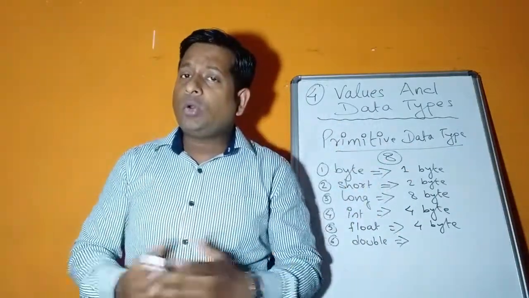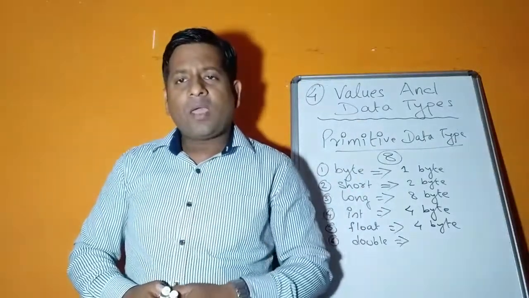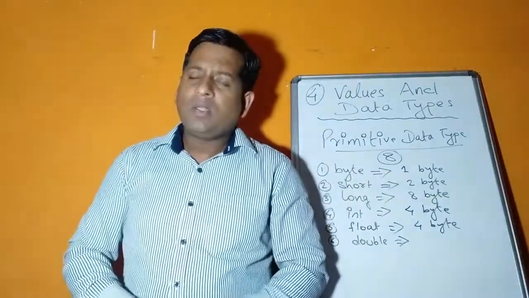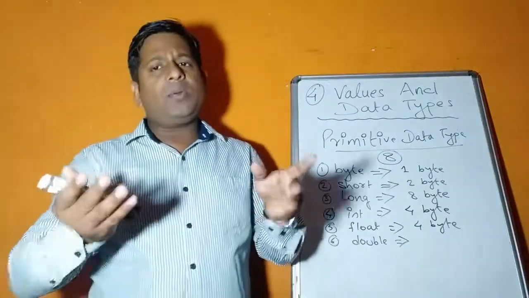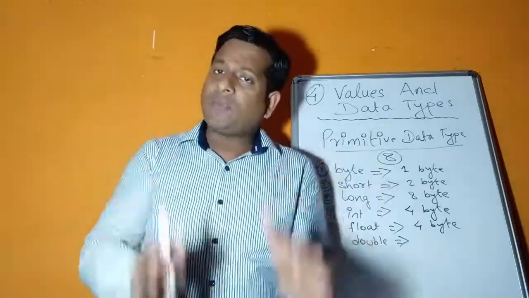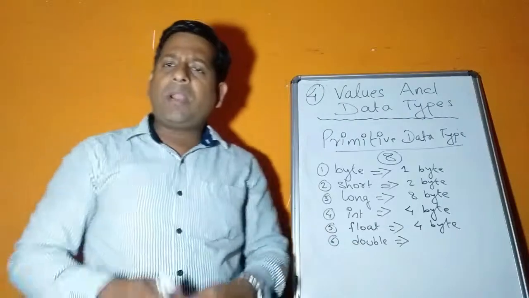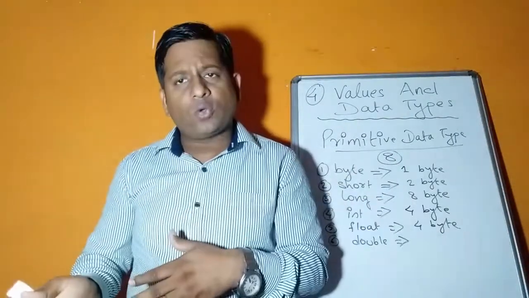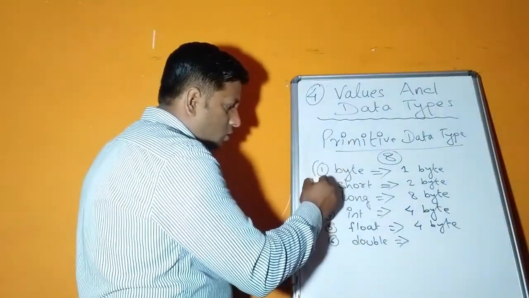So 4 divided by 2, how much? 4 divided by 2, the answer is 2, that is an integer. And suppose the value of a is 5 and the value of b is 2.5. It depends on the value given by the user. So whenever there is a division concept in programming, and the values are given by the user, use double data type, because double has the capacity to store both integer as well as float,